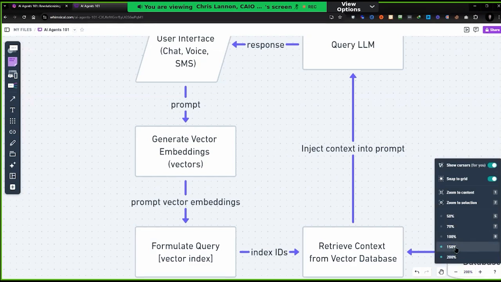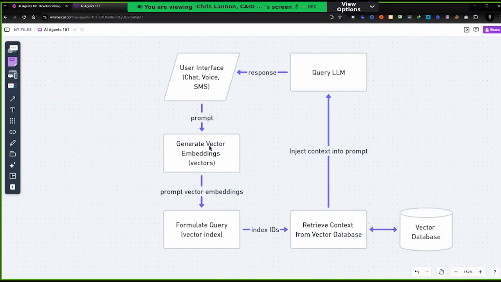And then the retrieval, I just kind of went over that, but here's how the retrieval works. The user has a prompt, the vector embeddings are generated related to that prompt, and then you're formulating the query with the vector representation of that query, and you're getting index IDs and retrieving the context from the vector database. Then you're injecting the context into the prompt and querying the LLM. So there's two calls. You're doing your vector call, getting the related context, and you're injecting that into the prompt before you query the LLM. So the LLM has all of the